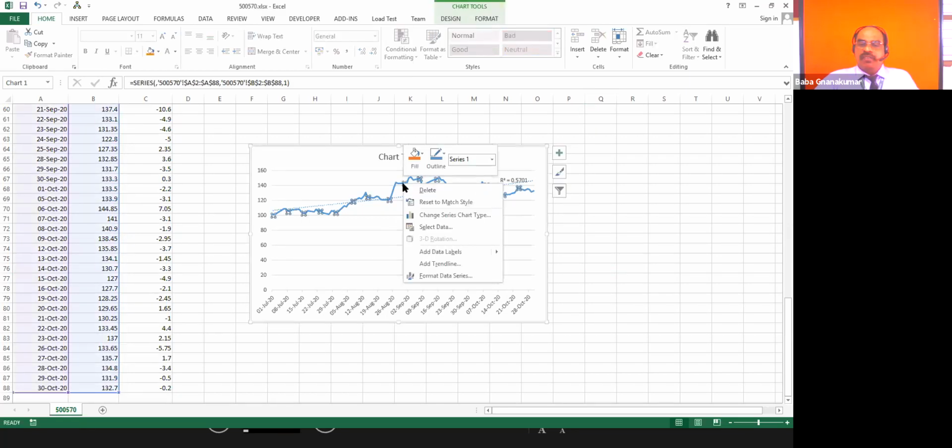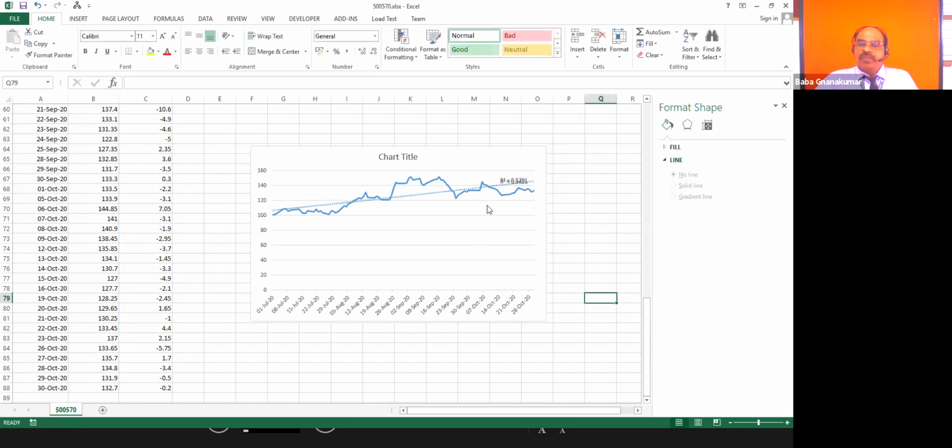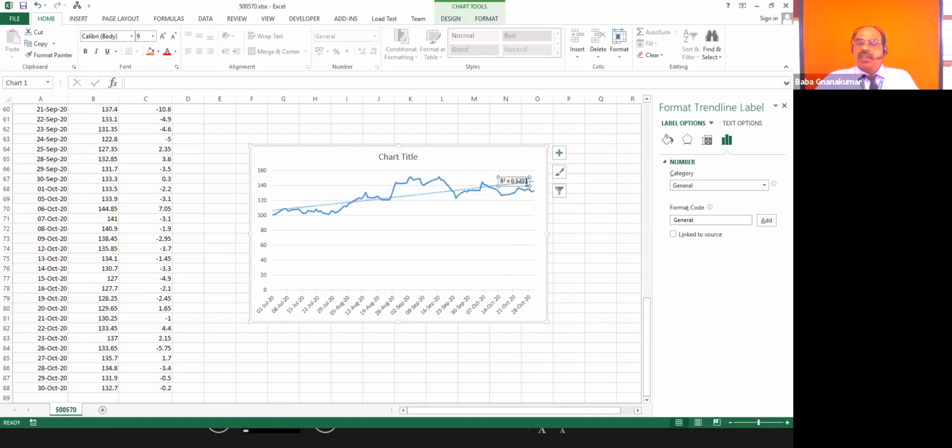So once again, this man is going to fix the next trend line using linear, and display the R square value. Okay, let us see. Here also it shows something.